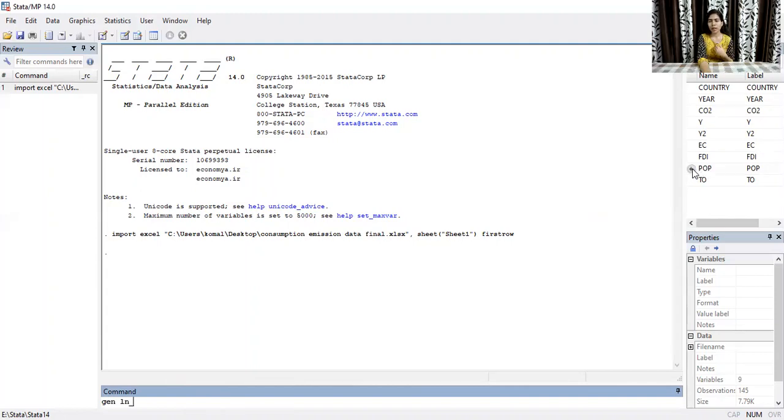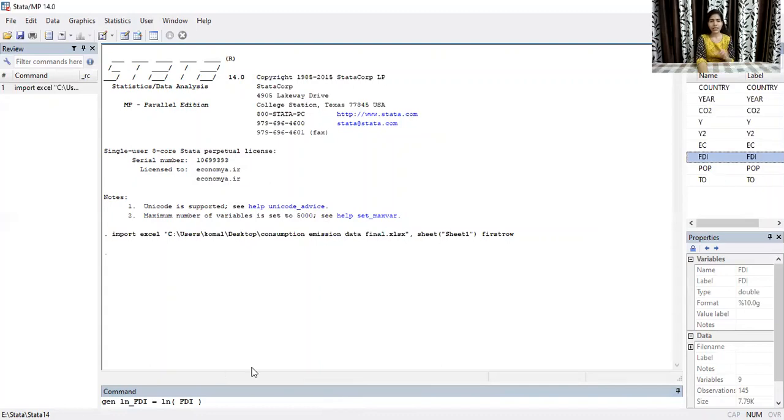So suppose I want FTI in log format. So I will write generate log of FTI is equal to log FTI. So you can have a look at the command.